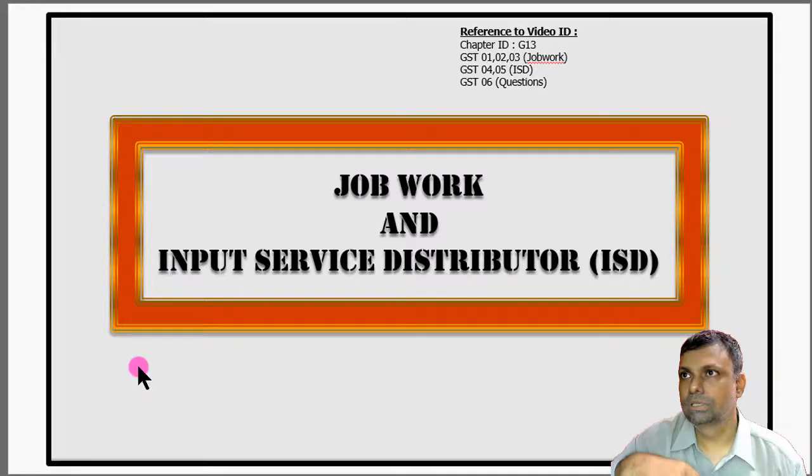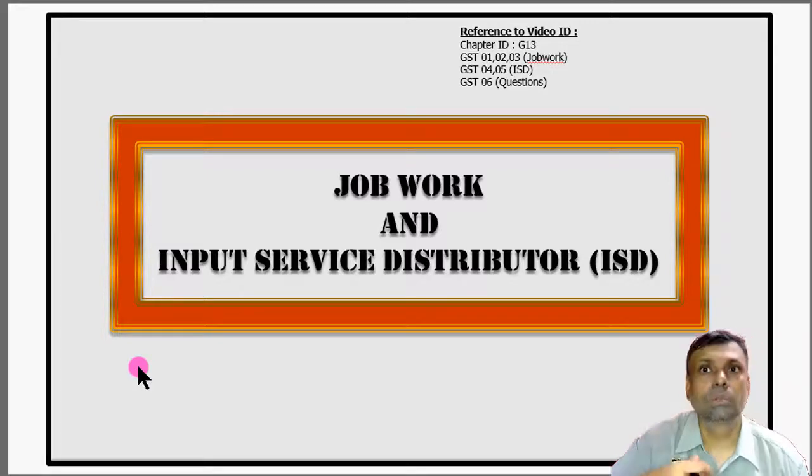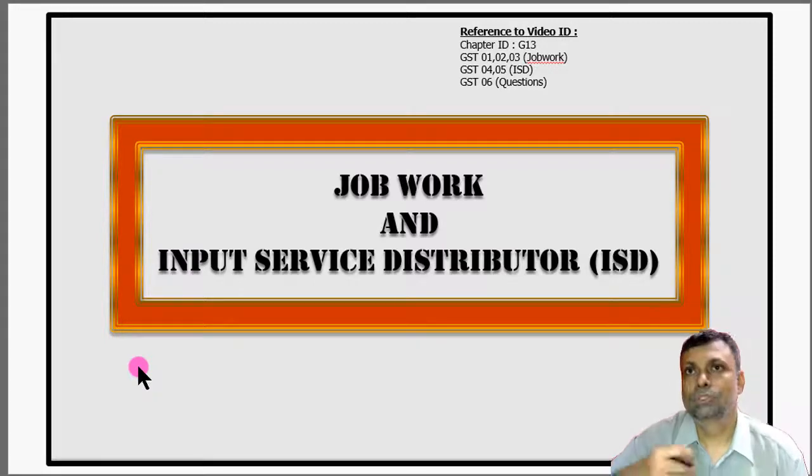That means I am, say for example, a manufacturer, or a person who is doing a little bit of value addition to my input material, but I'm getting that value addition done through a job work. Basically, I send my goods to a job worker who does some processing and value addition, and thereafter sends the goods back to me. So any such movement of goods by the principal to the job worker is always permitted.